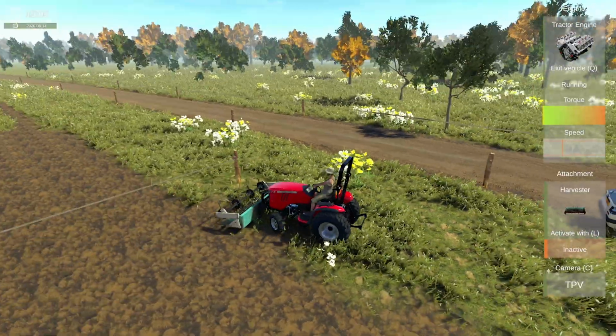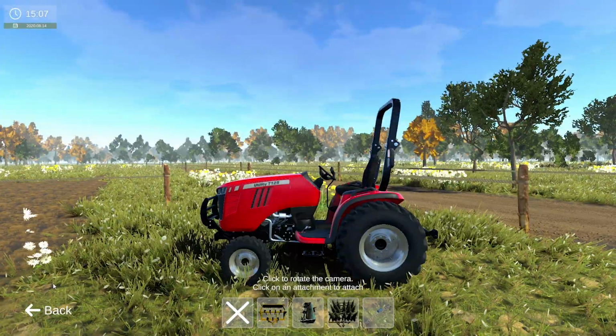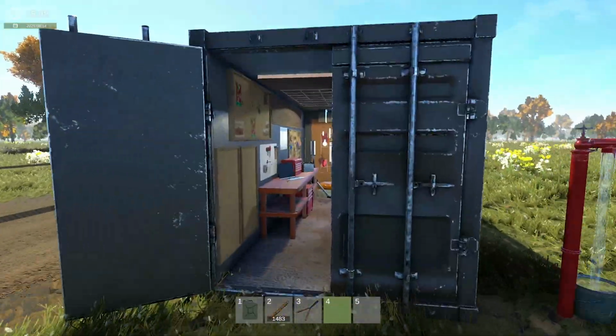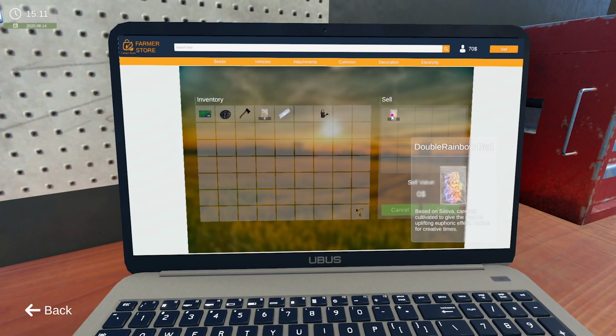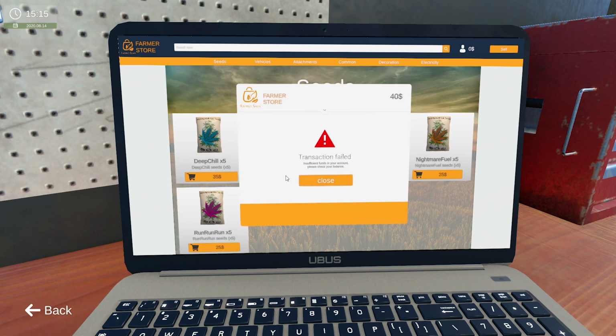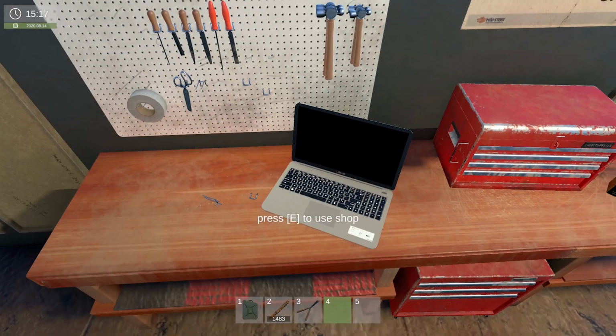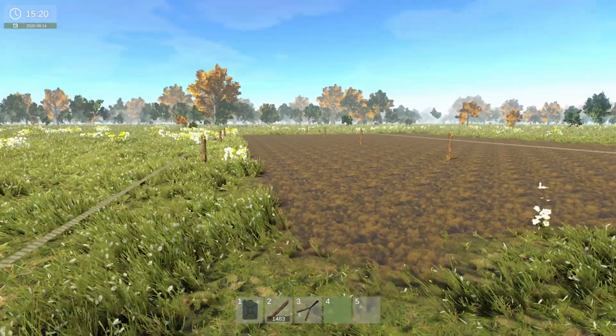So let's back him up here. Shut him down, we'll take our attachment off. Now we've got all the attachments we need. Come in here and go sell, 185, sell, and seeds. Yep, we got hardly any seeds. Hardly 55 seeds. So we're not going to get very far. It's going to take me a while to grind back up again, but